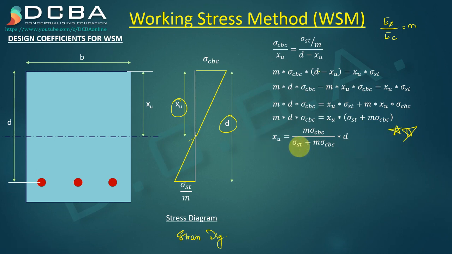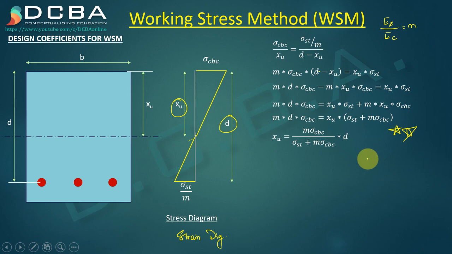The thing that you have to take into consideration is that this coefficient that we have found here is entirely dependent on what grade of concrete and grade of steel. Sigma cbc is dependent on grade of concrete, sigma st is dependent on grade of steel, and m is nothing but the coefficient, right? So if I know which material I will be using for my design, I can find this coefficient easily, and that is the reason it is called a coefficient, because it is not dependent on any other parameter. The material that we are using for our design will remain constant throughout.